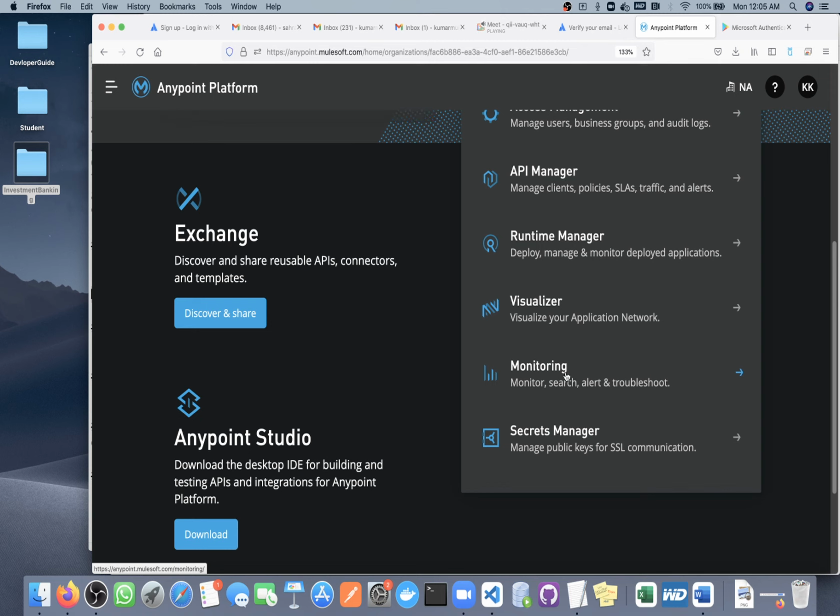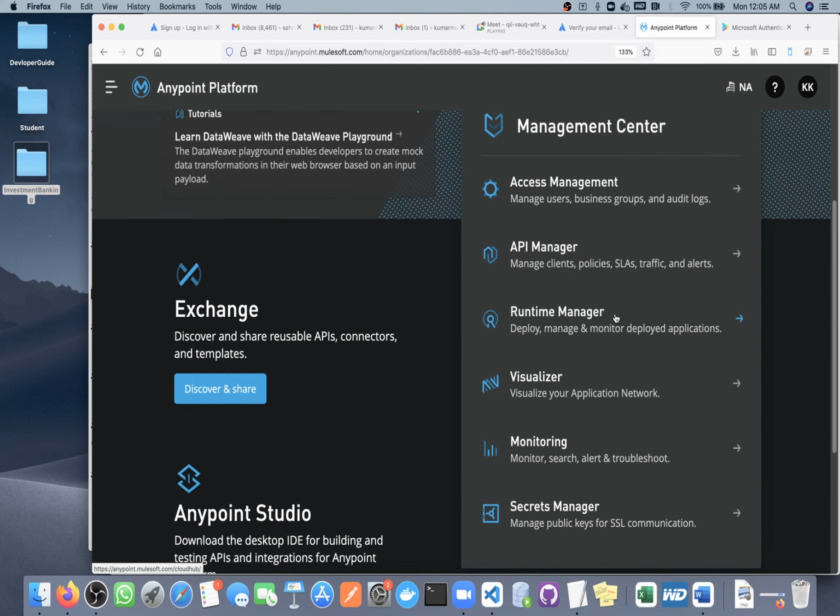All those kinds of analysis you will get inside Monitoring. And inside Secrets Manager, you can manage your public keys and SSL certificates and all. A few things we will discuss in detail, like API Manager and Runtime Manager. These two we will discuss in detail later on.